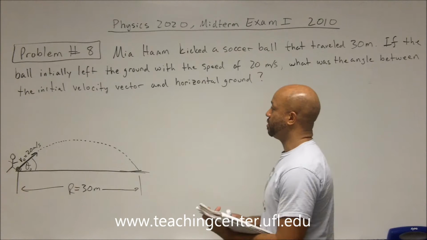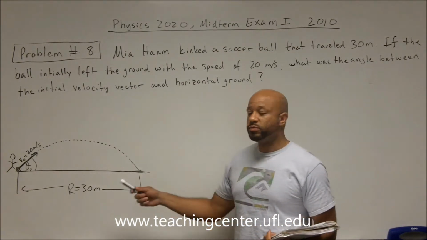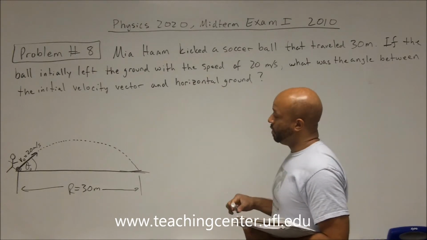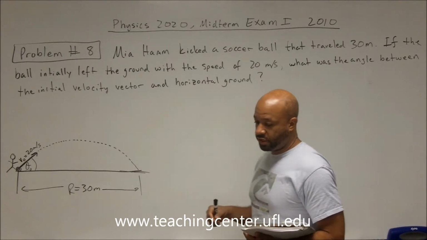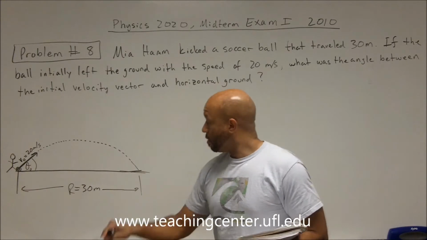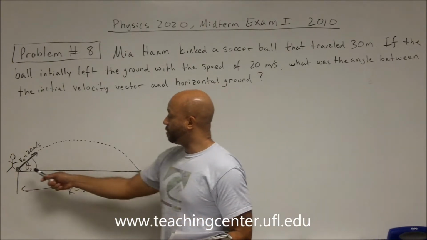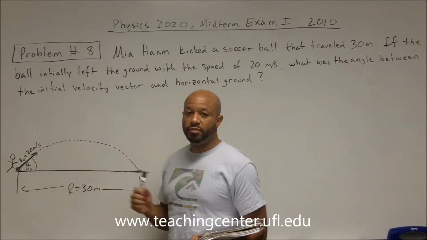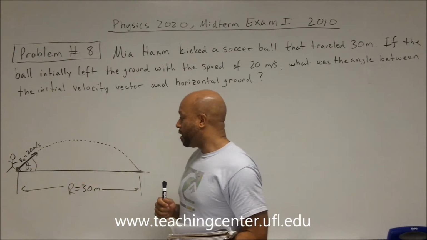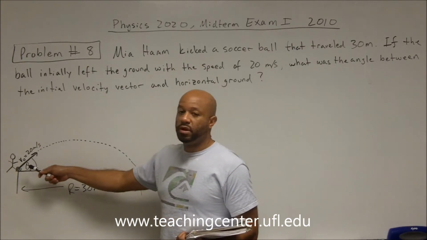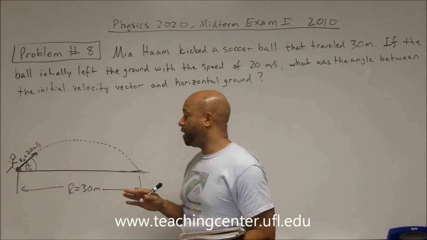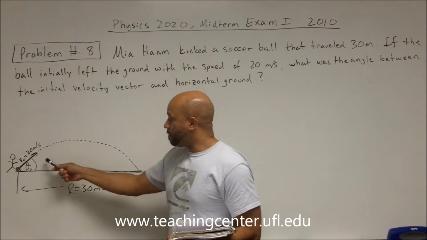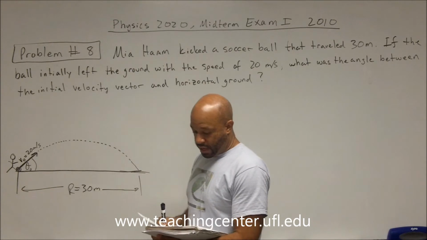to help us solve this problem, I drew a little diagram that represents the problem statement. And so basically, we're dealing with a ball that's kicked with an initial velocity. And so this is going to be projectile motion for the simple fact that once the ball is initially kicked, there's nothing else acting on the object, which is the ball, except for gravity. And so this is the definition of projectile motion. And